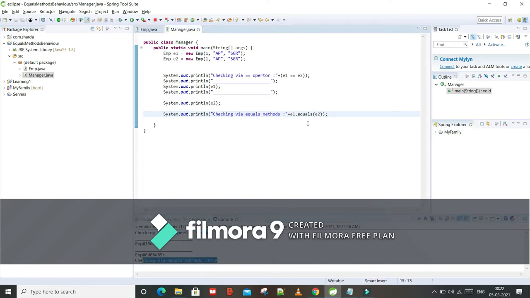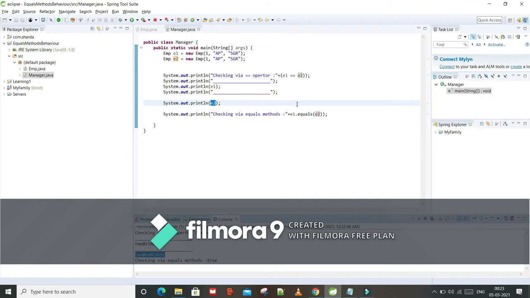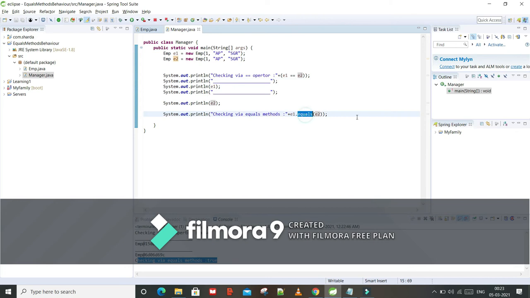The equals operator internally calls the toString method. So e1 and e2 are returning object addresses, and the equals method is using the content of the employee object. In our case, the content is one, ap, str, and that's why we are getting true.